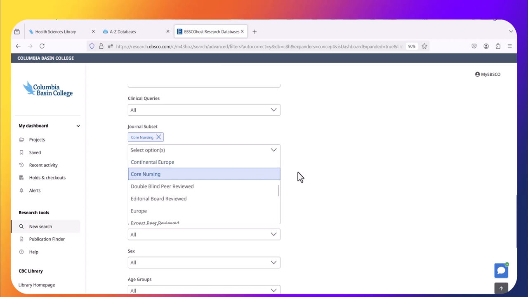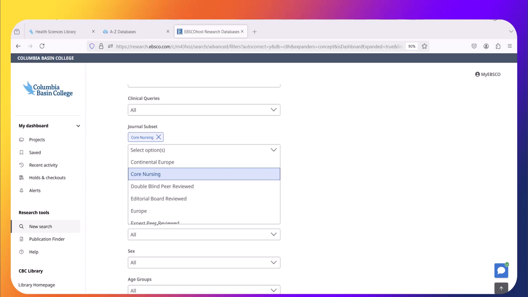Therefore, when you are completing an assignment in the first year of your nursing program, and you are asked to find just one nursing journal article, I would recommend you try to limit your search to the core nursing journal subset. This will save you time.